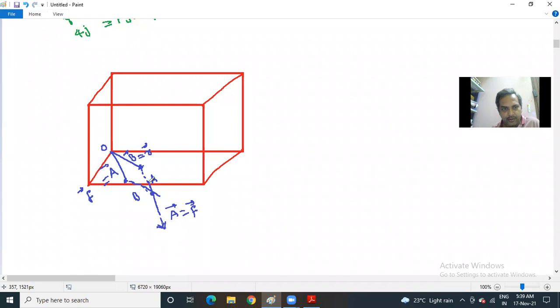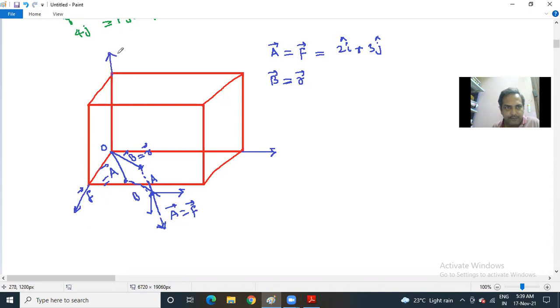So vector A is just like a force, falling in the XY plane like this. Therefore, it is going to have an X component and a Y component. Now A is just like a force falling in the XY plane, maybe with some magnitude, 2i plus 3j cap. Now, B is a position vector. It is also falling in the XY plane, in particular positive X and positive Y. This is positive Y. This will be positive Z.